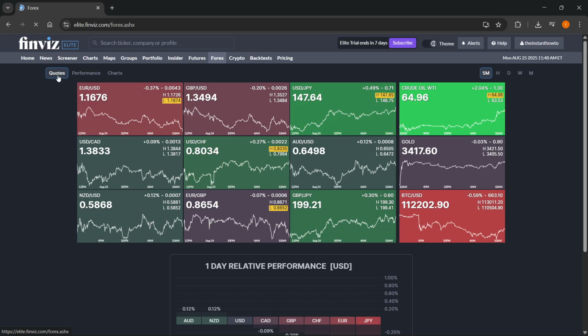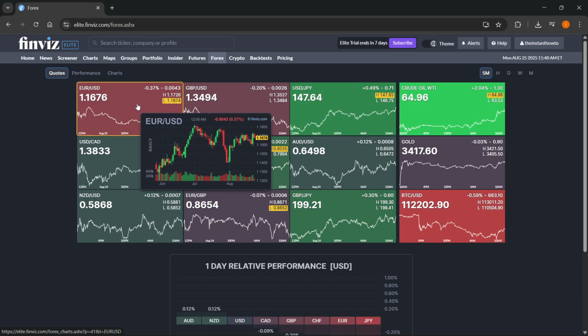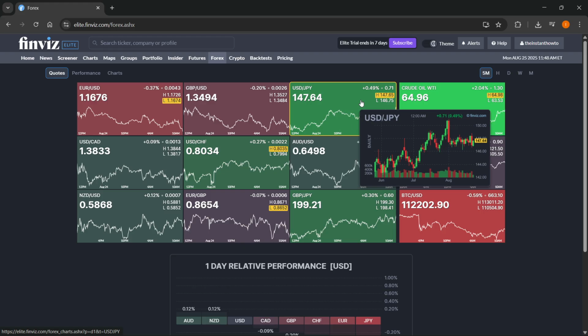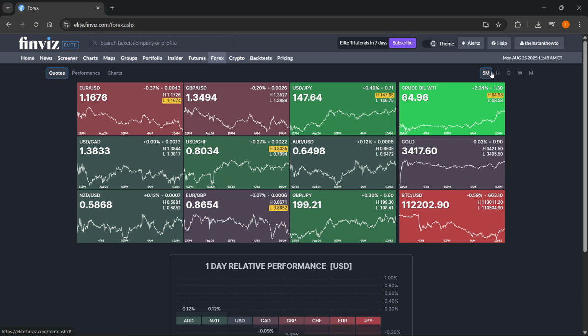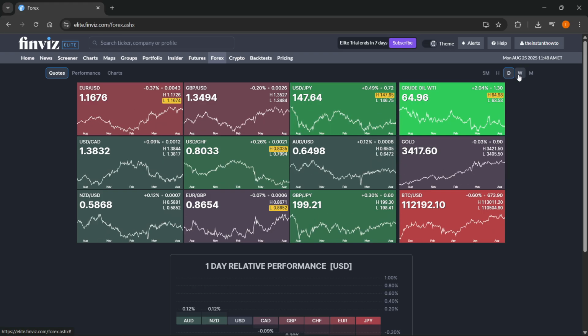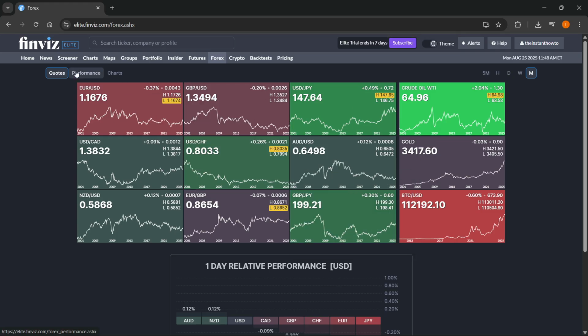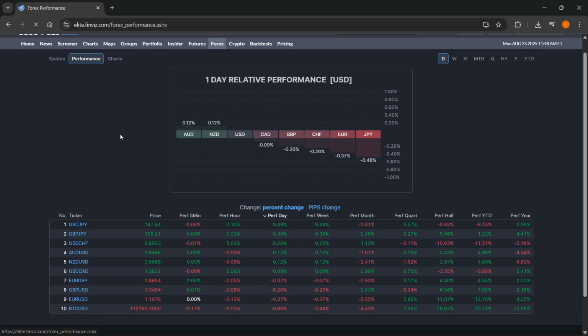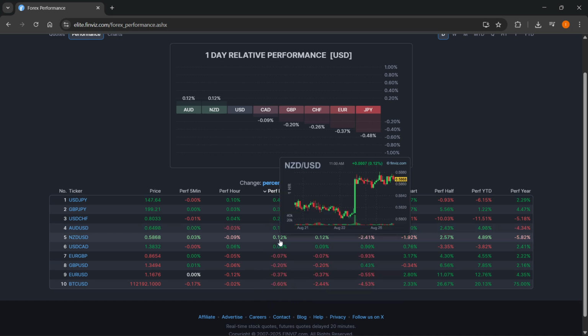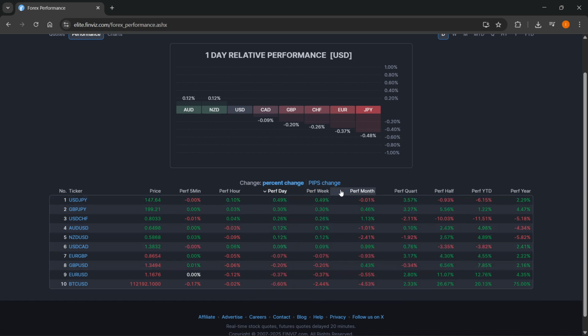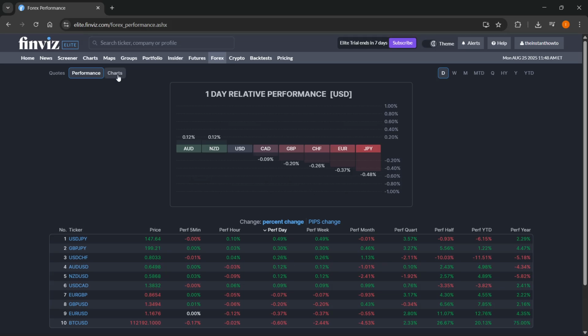So you can see basically all the quotes in one place. You can hover over them, you can see the graphs, you can see how the markets are doing the last 5 minutes, the last hour, the last day, week, or month. You can see down here the 1-day relative performance in USD as well. If you go to the performance tab, you can see everything a bit more in detail down here as well, and you can filter by different things,